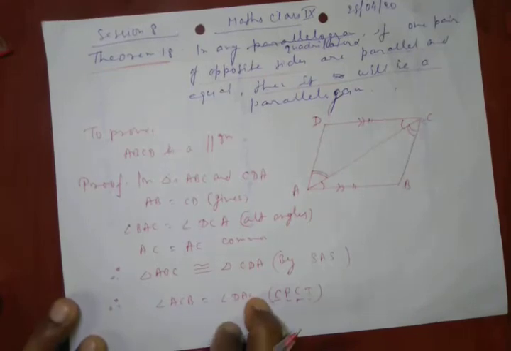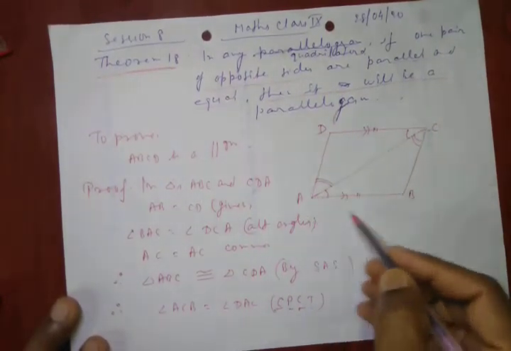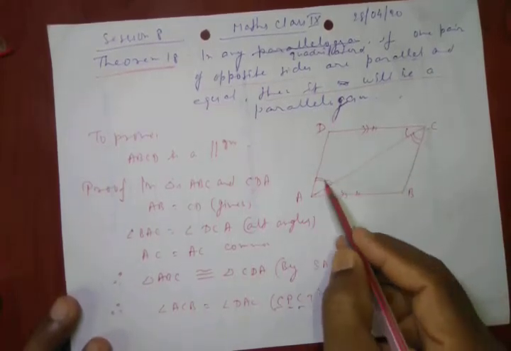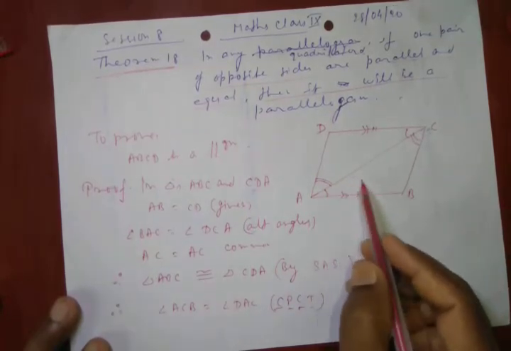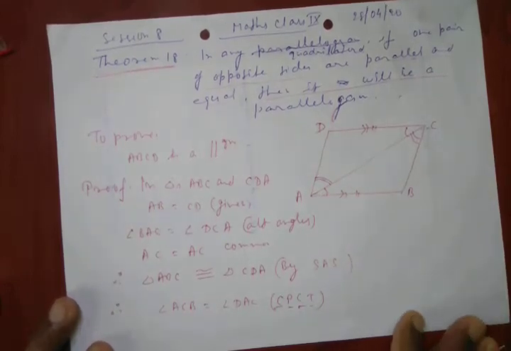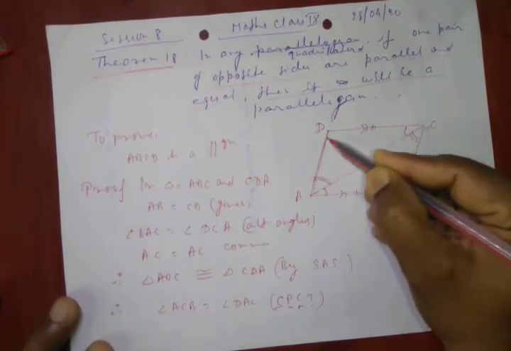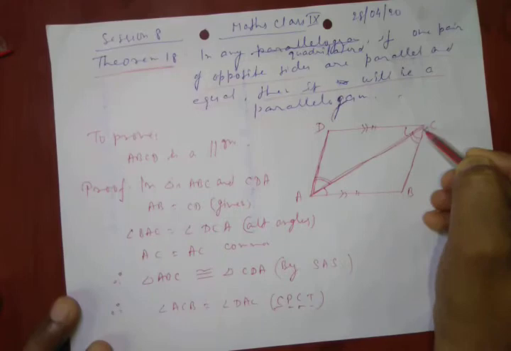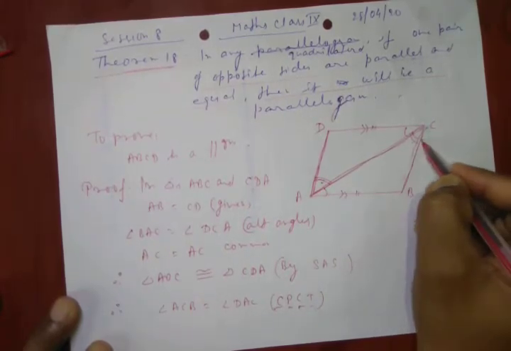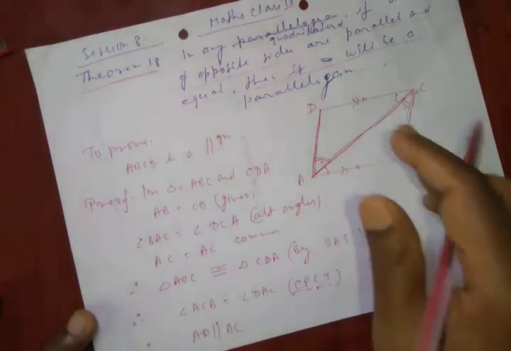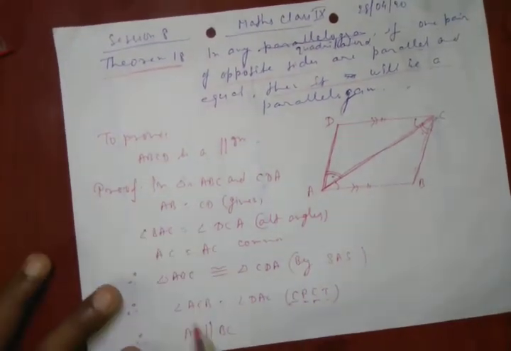You see here that AD and BC are the line segments, these two angles are equal, and AC is the transversal here. You can see that these lines form a Z shape, and these two angles are equal. It means that AD and BC are parallel, so we can write AD parallel to BC, because a pair of alternate angles are equal.